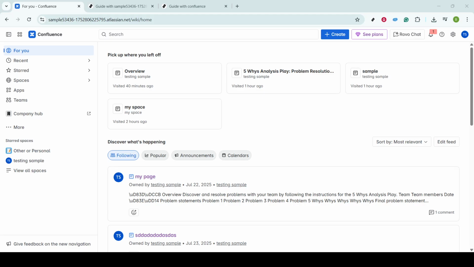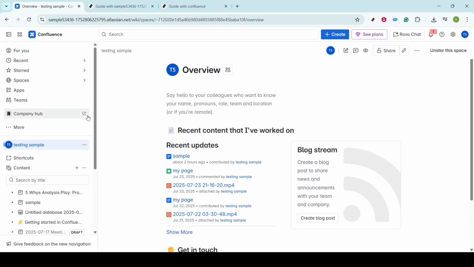Let's dive into it. To start, visit your Confluence homepage. Here, you might have multiple spaces that you work within. To ensure you're placing your video in the correct context, navigate thoughtfully to the specific space where your page resides. Spaces in Confluence often represent different projects or departments, so making sure you choose the right one will prevent any